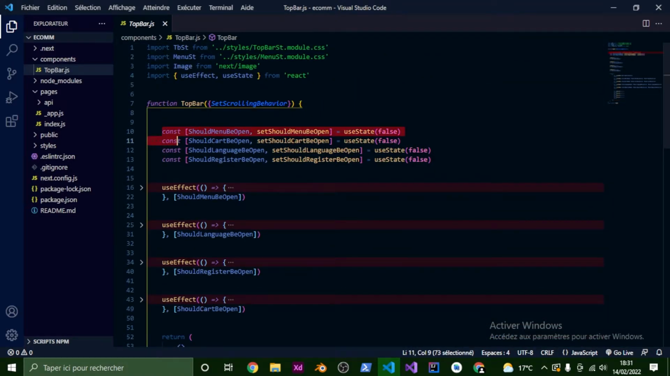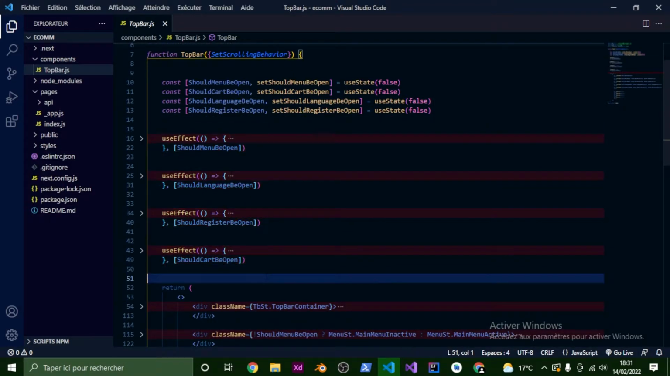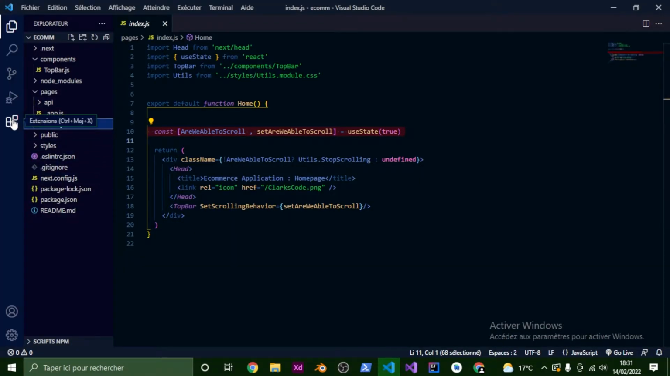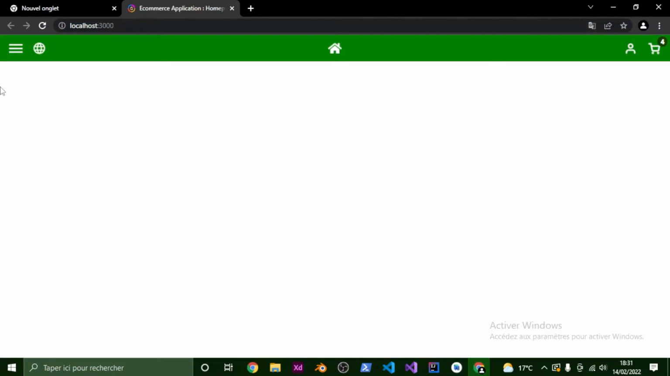We control those functionalities by some states we have created right here, and we have some useEffects. So when our states change, we want to stop scrolling the home page, and we can recheck that, see if the server is still up. If your server isn't, just go ahead and run it with npx next dev or npm run dev, and then go to your localhost and let's check it. So we have created this top bar structure, some hovering effects, and as functionalities, we have created this